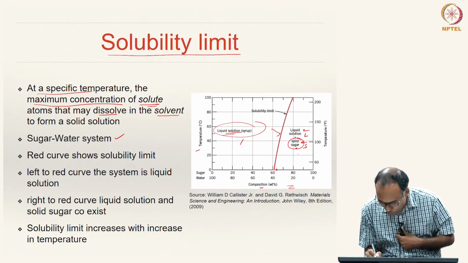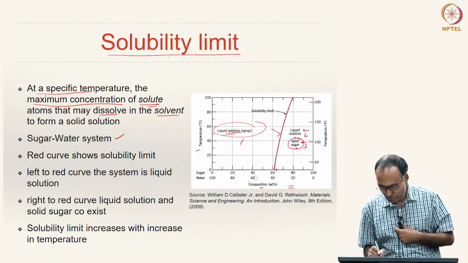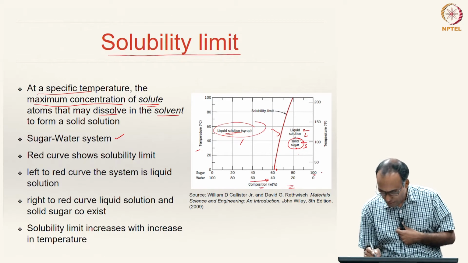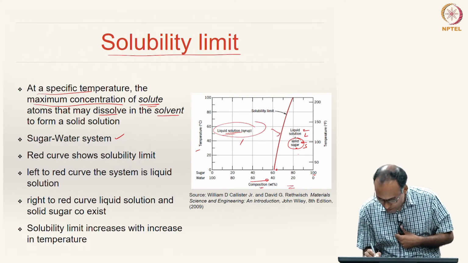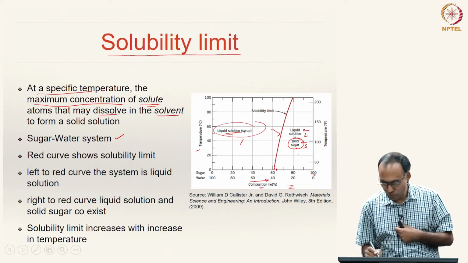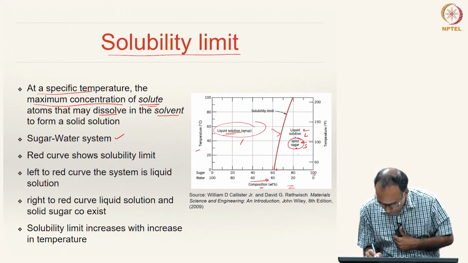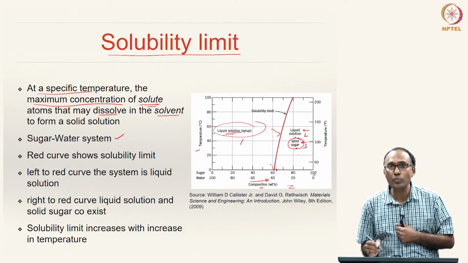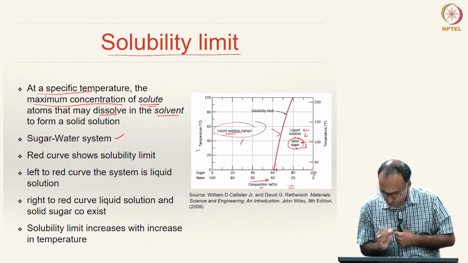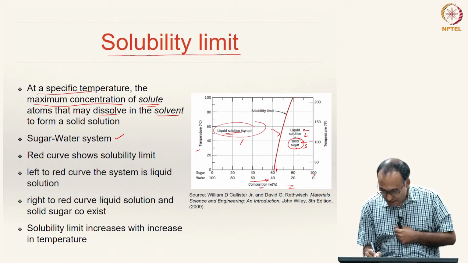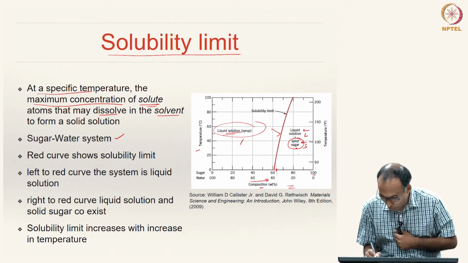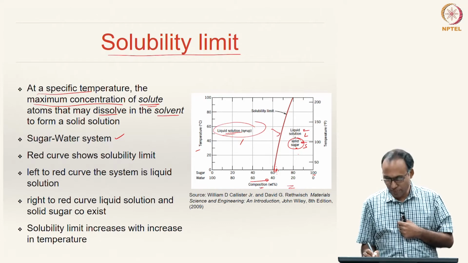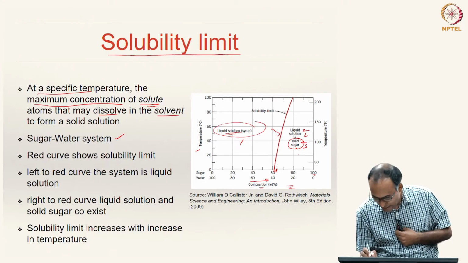That means it can only hold this much weight percentage of sugar. What is shown here is 0 to 100 sugar. So, at this temperature, the maximum solubility of sugar in water is about 61, but we are talking about an alloy composition having 62% sugar, let us say somewhere here. Then we see that we are oversaturated. Because it cannot dissolve more than 60% at 0 degree Celsius, the remaining thing will be there